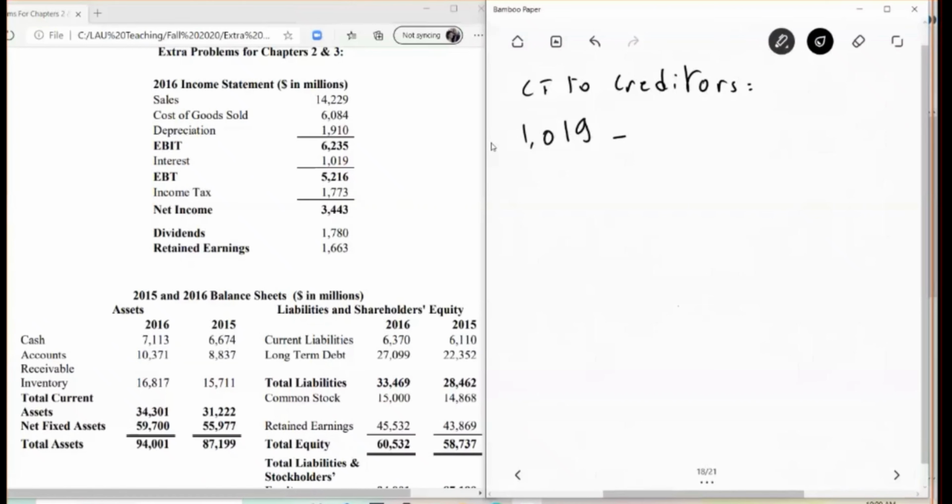Net new borrowing is mainly the change in long-term debt. So here, if I look at the long-term debt, I have 27,099 in year 2016 minus 22,352 in year 2015. This will give me minus